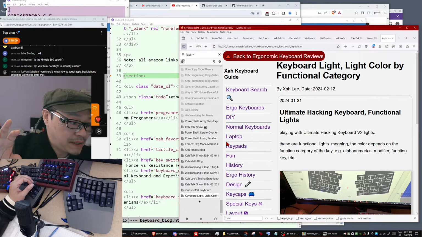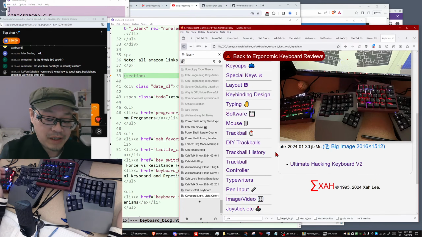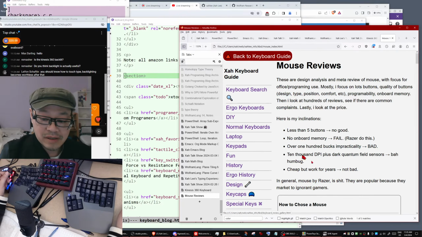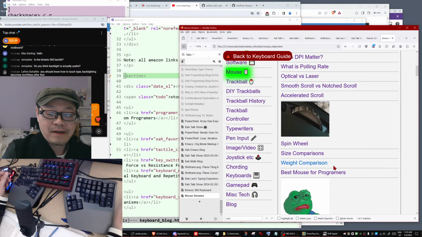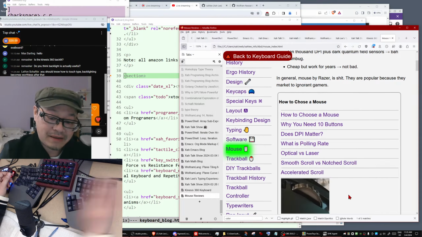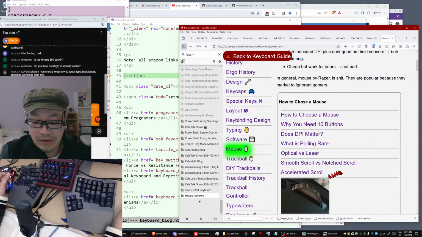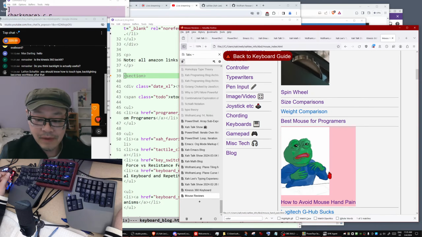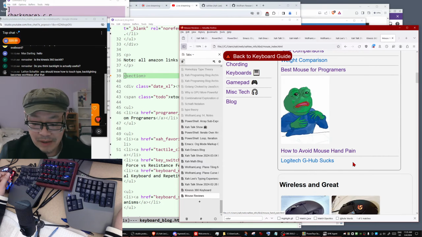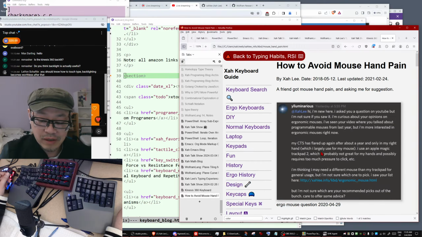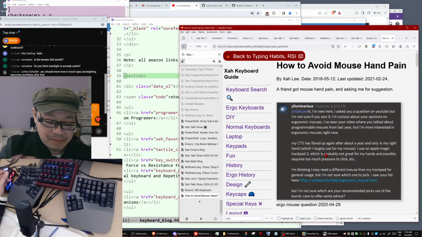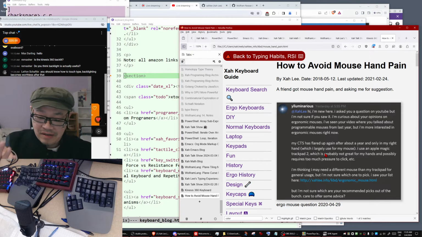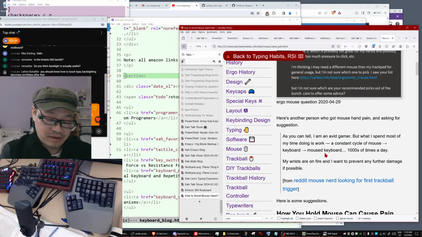So one thing I want to say, for some people it's the mouse hand, and how do you deal with that? There's an article for that. For example, best mouse for programmers, how to avoid mouse hand pain. For some people the mouse is severe, so you can, for example, try your left hand,